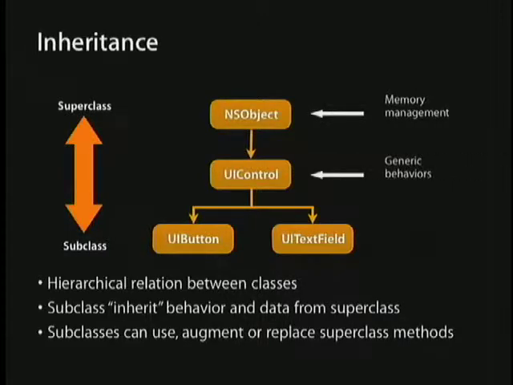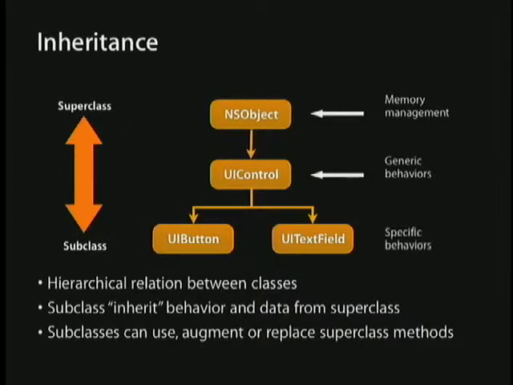Right. Yeah, NSObject does memory management. It's basically the thing that handles allocation and destruction of objects. In Objective-C, all objects are reference counted. This is kind of different. If anyone's used to dealing with C++, you pretty much use a language construct to create a new object, and then you delete it when you're done. In Objective-C, NSObject actually has a protocol for retaining and releasing objects, which ends up putting reference counting on them. And that's by default for every object. All objects are reference counted. And so NSObject handles that.